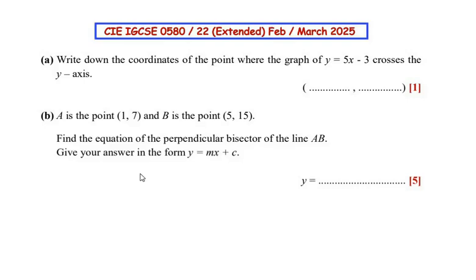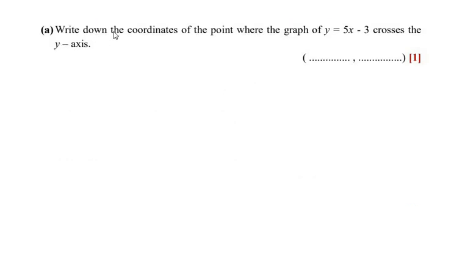In this video we are going to solve a question from straight line graphs which had appeared in IGCSE 0580 paper 2 extended February-March 2025. So let us start with the question now. Write down the coordinates of the point where the graph of y is equal to 5x minus 3 crosses the